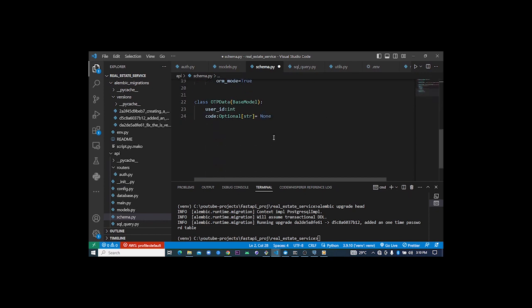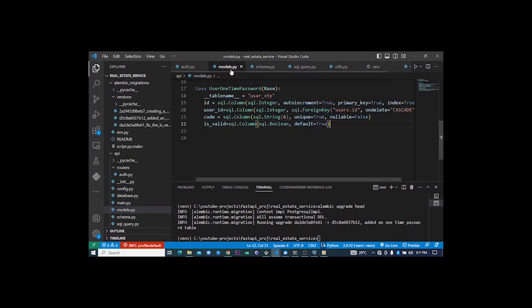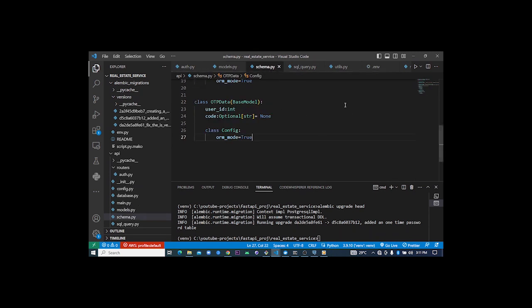So once we have optional imported, that's fine. Then lastly, let's create a simple config. All right, so these are our schema, so we can save this. Once we have our model and our schema ready, I think we are good to go. So we can head back to our